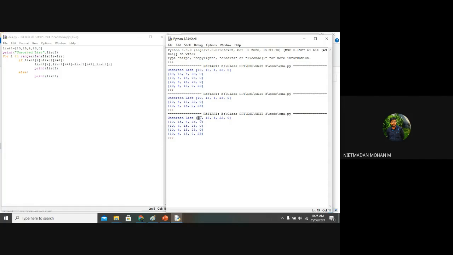In the first iteration, 10 and 15 were not interchanged, but the non-interchanged elements have also been displayed here. In the fourth iteration it will be 10, 4, 15, 0 and 23. In the third iteration, what will happen? 10, 4, 15, 23, 0. It has not changed anything, but the unchanged elements are also displayed in this list.